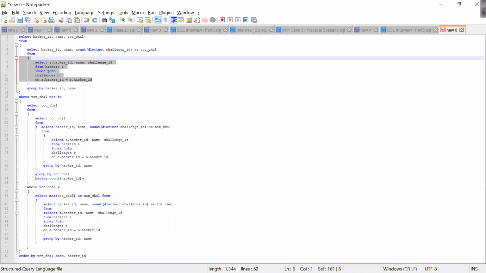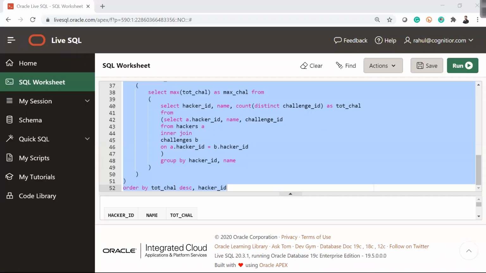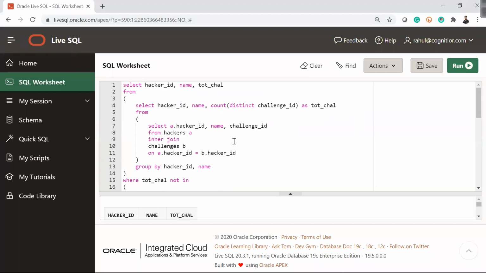Unnecessarily we are writing a big query, and this is, I would say, an inefficient way of writing a query. So in that case maybe I can think of applying a with clause or any other way, so that I will not write this type of big and redundant query, because again you are hitting the same thing and again you are doing that.